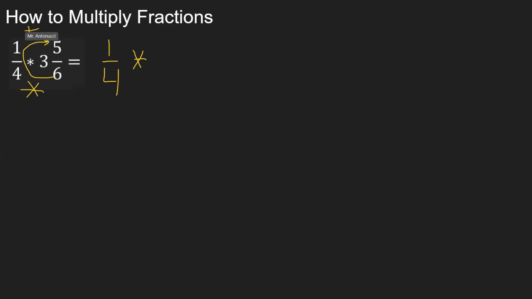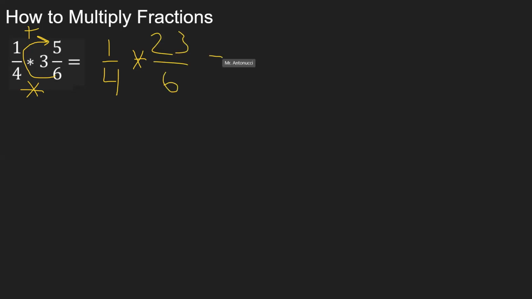So since it's 5/6, the fraction is sixths. So we want to convert the 3 to sixths. So 3 is 18/6, and you could just get that by multiplying the 3 and the 6, you get 18. And then the 5/6 means you have 5 more sixths on top of those 18. So when you add those together, 3 times 6 is 18, plus the 5 gives you 23